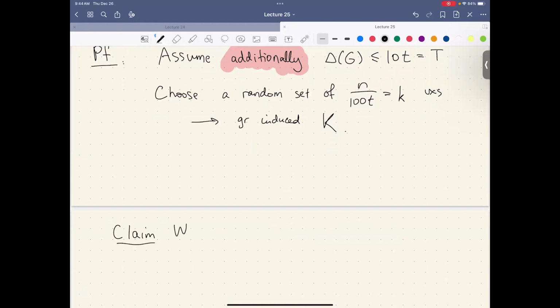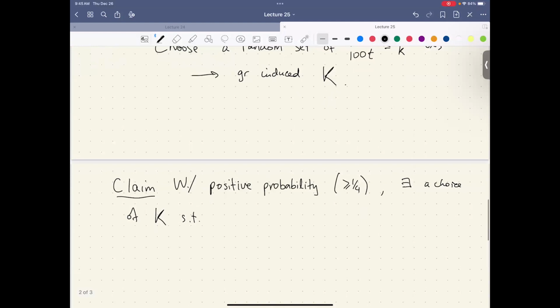With positive probability, we will see that it's at least 1/4 probability. There exists a choice of K, this random subgraph, such that we have simultaneously